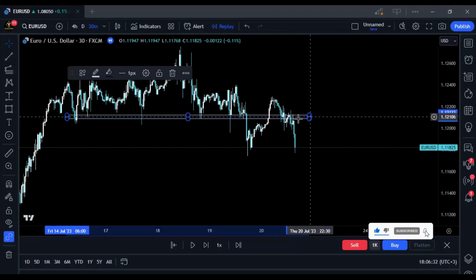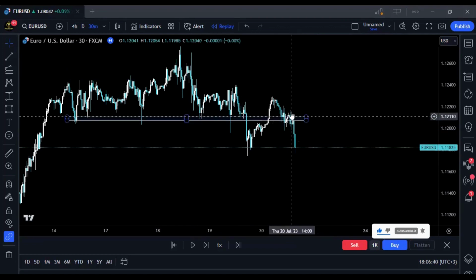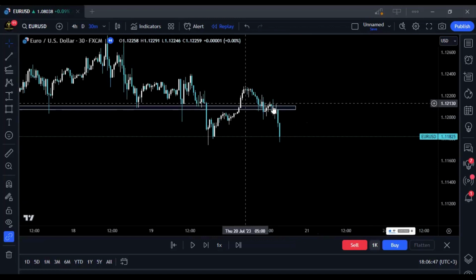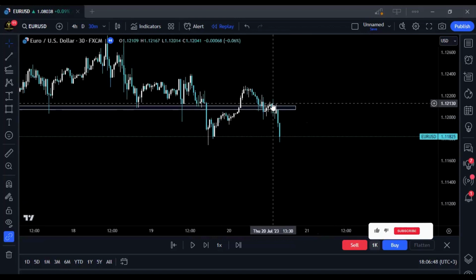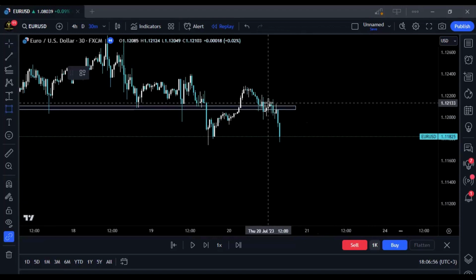So the structure is here, hasn't changed. The zone was somewhere there. If we zoom in, this is 30 minutes. How could we have taken advantage of this? Could we have considered this as a break and this as a retest? For me, I really wouldn't, because it also did the same before and then prices just came back. So I really wouldn't have considered that